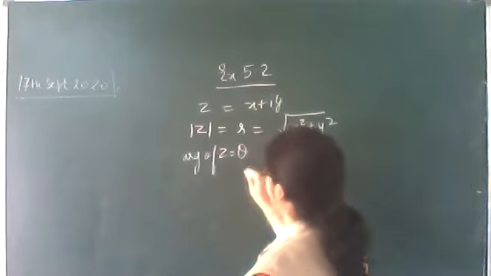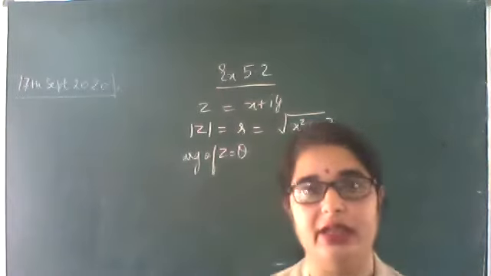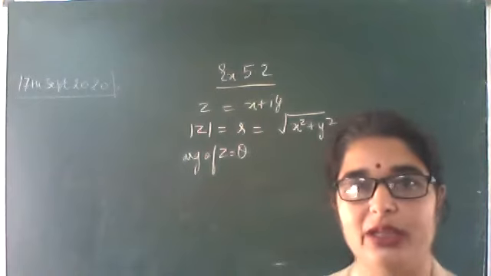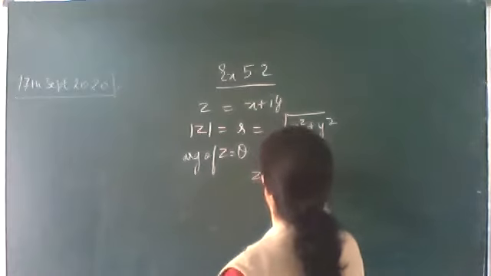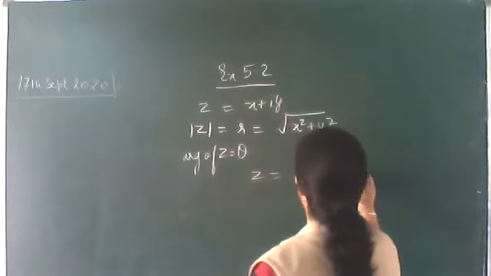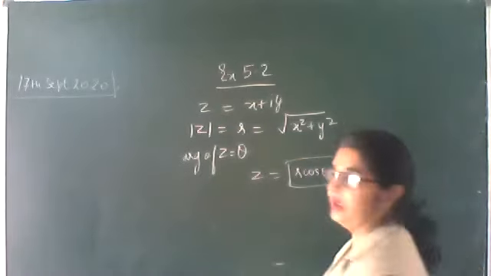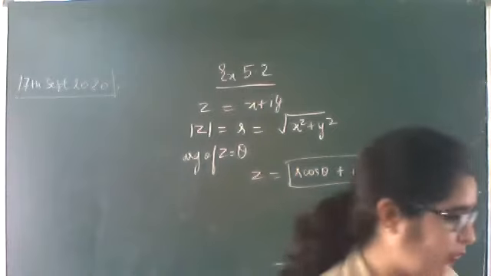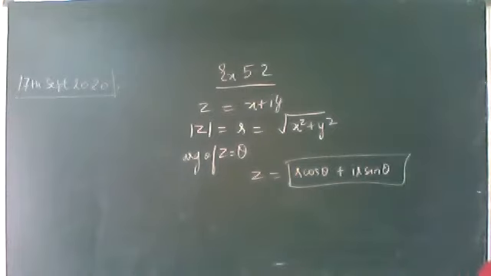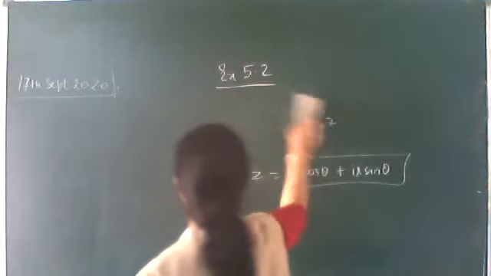You know that in the first, second, third, fourth quadrant, the value of theta varies. I told you how to get the values, and the polar representation is given by z is equal to r cos theta plus iota r sin theta. This we have done yesterday. Clear? So we'll continue with this only. The questions we'll do based on it so that you understand the topic clearly.